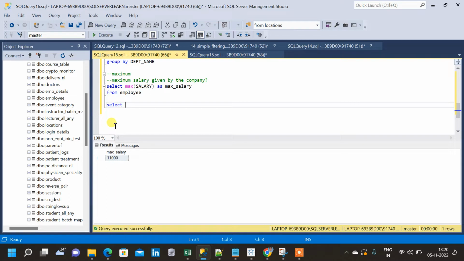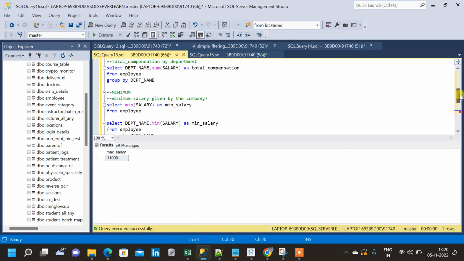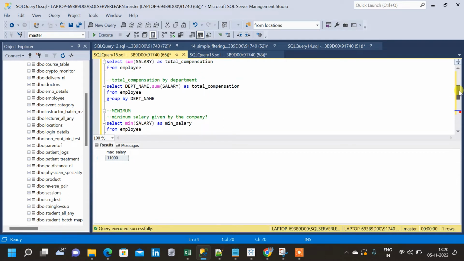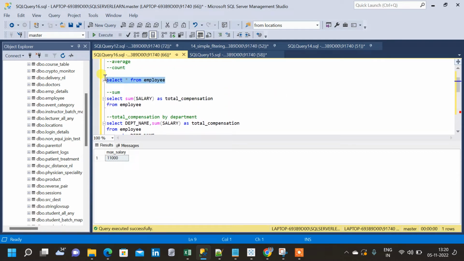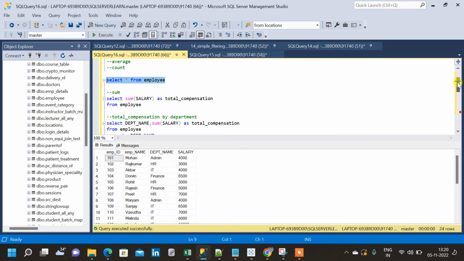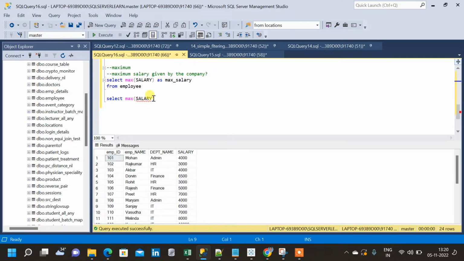Select max salary. Before that, let me query the table, because then it makes it easier to understand which column I am querying. Yes. Now let me write the query to calculate the maximum salary for each department. Maximum salary. Before that, let me write the column name with respect to which we have to